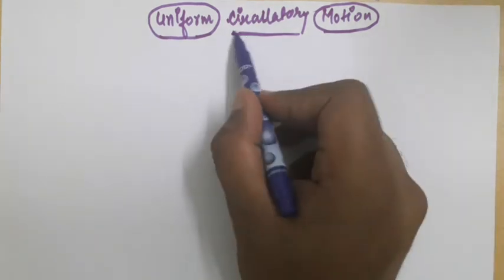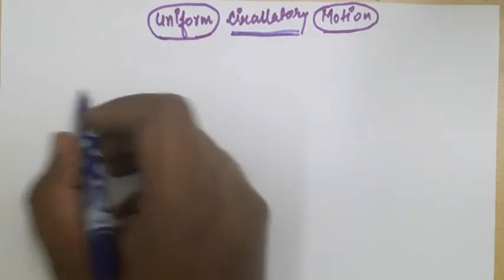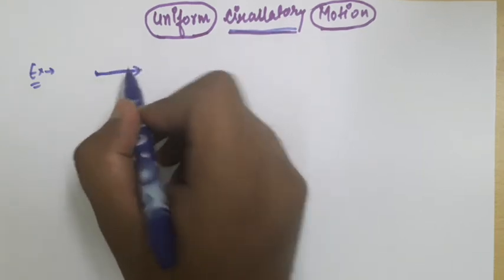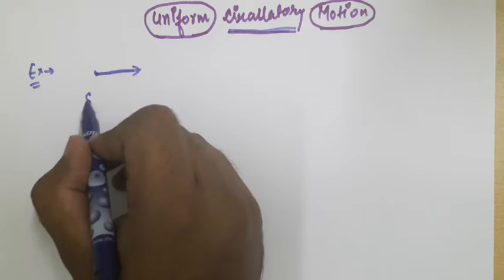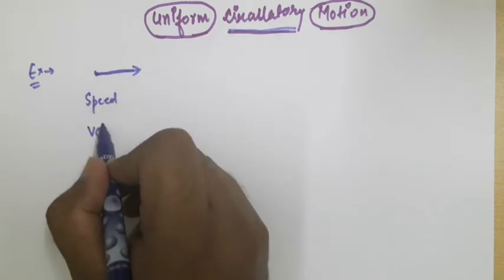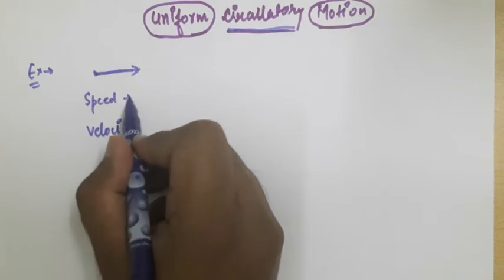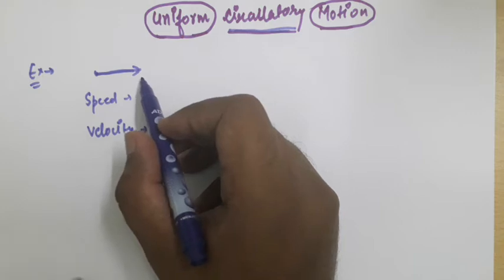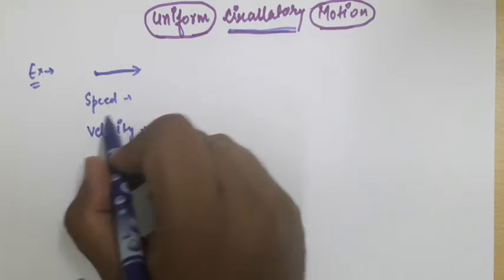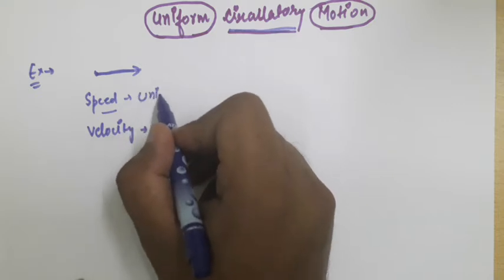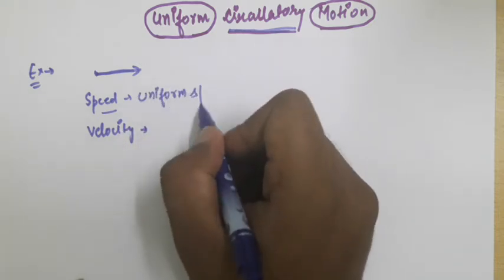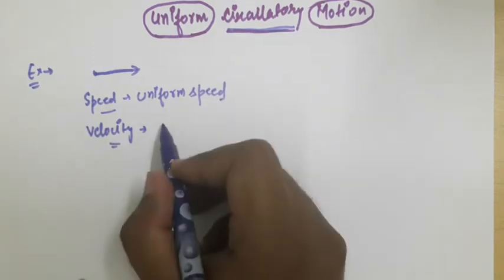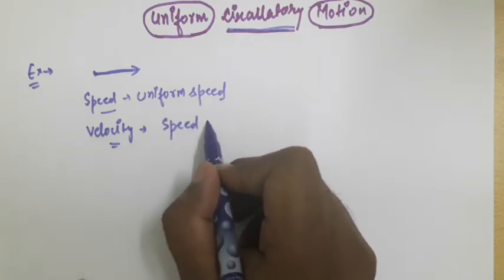So just let us take an example. Let us see what happens in a straight line when we move, right? When we move in a straight line, if I talk about speed and velocity, what happens? If I'm moving with constant speed, meaning with the same speed, then what will I say? My speed is uniform speed, right? But when I talk about velocity, velocity is what? Speed plus direction,